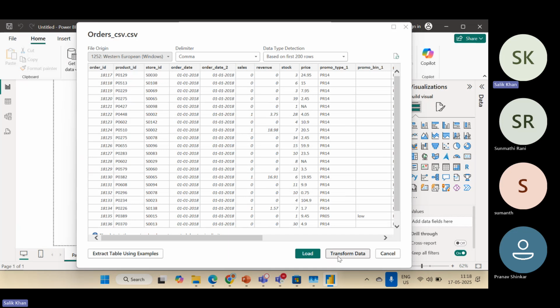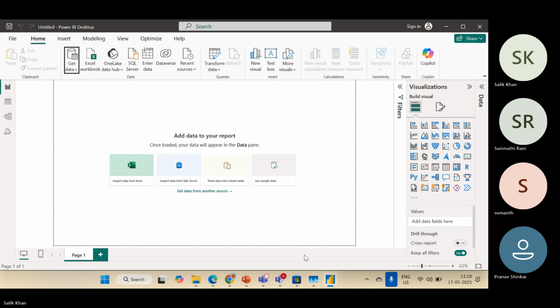If you click on Load Data, as I'm doing now, Power BI will attempt to import the data directly into Power BI Desktop. Let me show you. If I click on this Load Data,